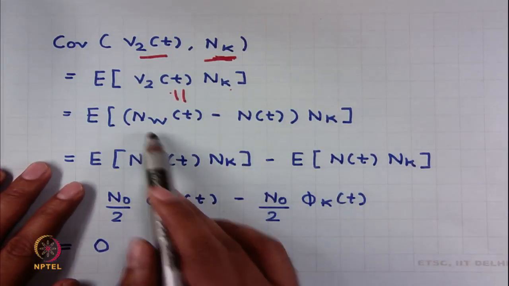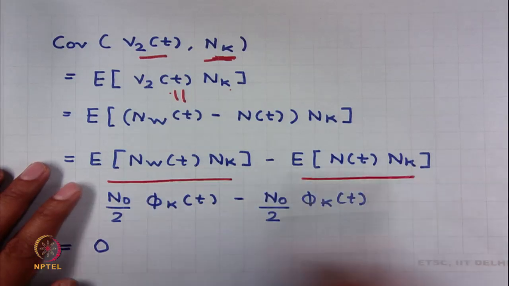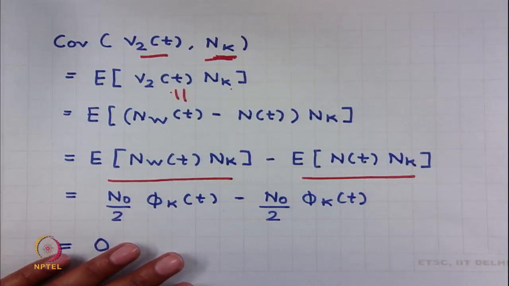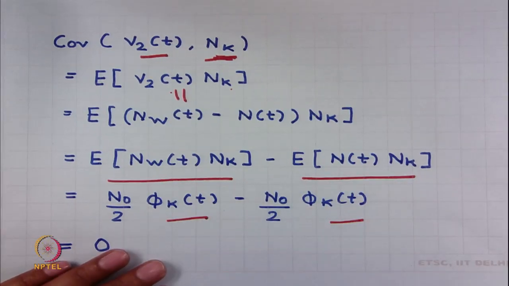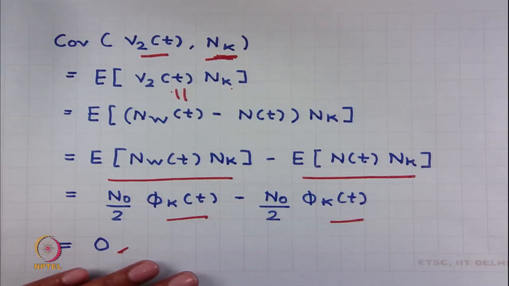So, from here I can get to these two expectations, and we can prove that this is nothing but this, and this is also the same as this, and from here I can get that the covariance is 0, and if the covariance is 0, that means V2(t) is uncorrelated with N_k, and if V2(t) and N_k are uncorrelated, we know that they are also statistically independent, and this will prove that N_k's are statistically independent of these V2(t)'s,